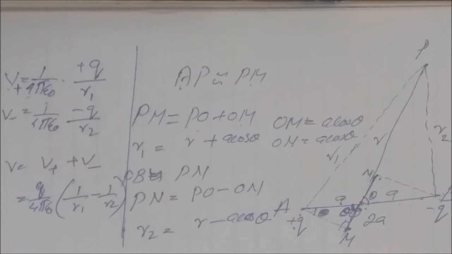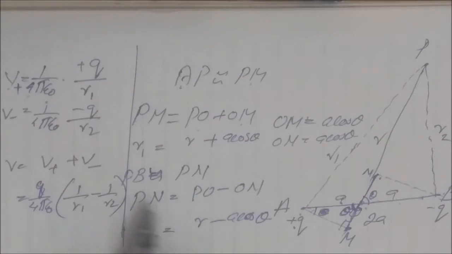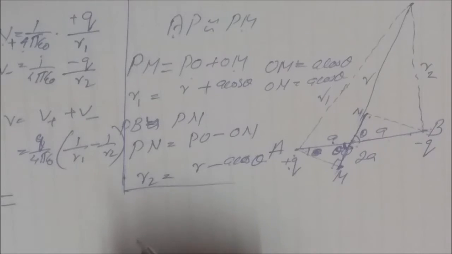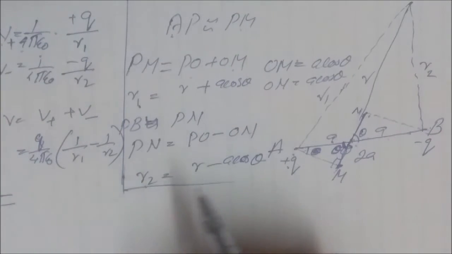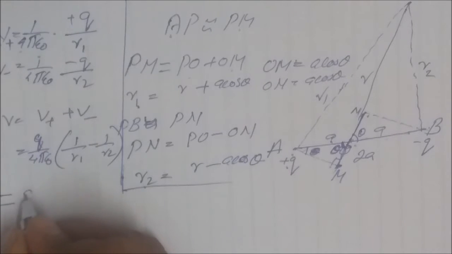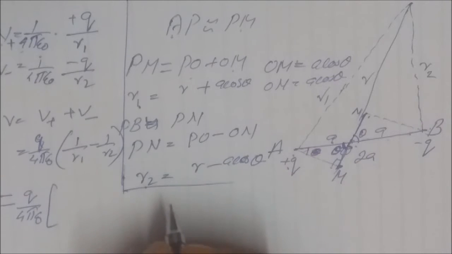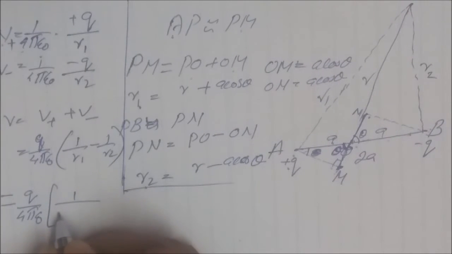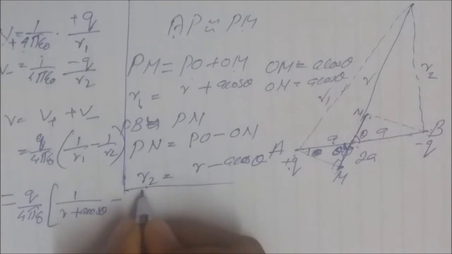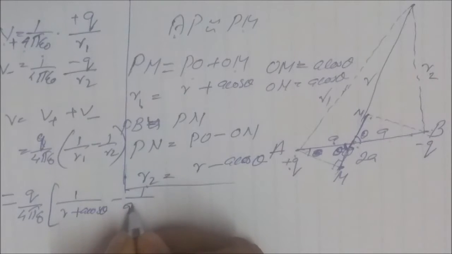And we can substitute the values of r1 and r2 from here. So this becomes q by 4 pi epsilon 0 times 1 by r plus a cos theta minus 1 by r minus a cos theta,